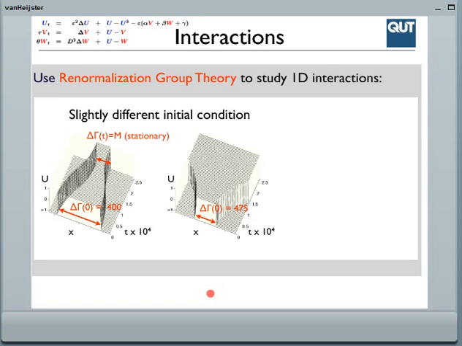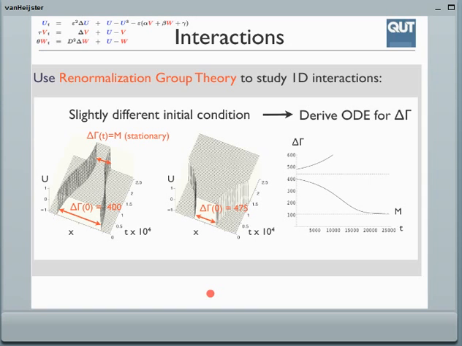We want to study interactions, which I explained before, right? Can we derive this ODE, which describes what's going on? Organization group theory, which is real hardcore PDE analysis, which is a long time to learn, so it's definitely too much to explain